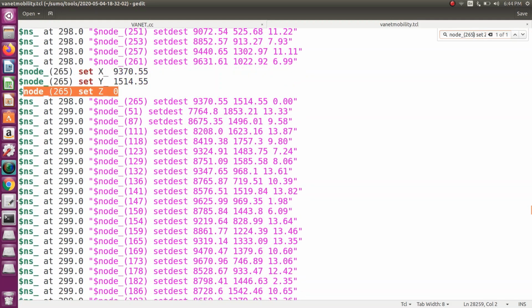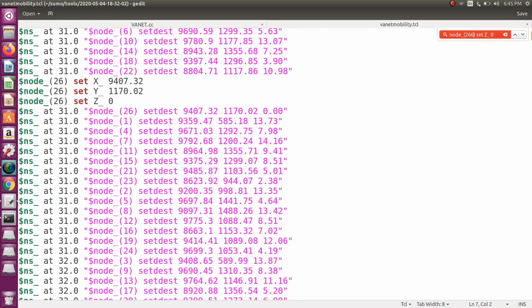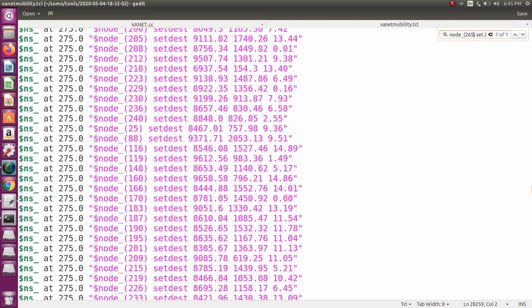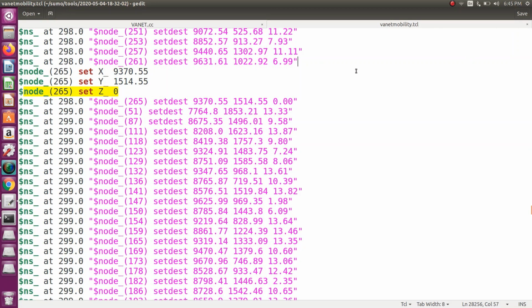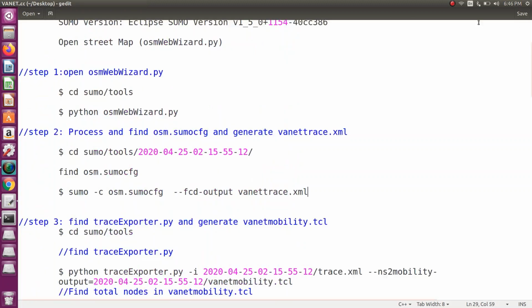Sorry, 265. So this is the last node generated, 265. So now you are getting the total number of nodes, it is 265. Then close this VANET mobility.